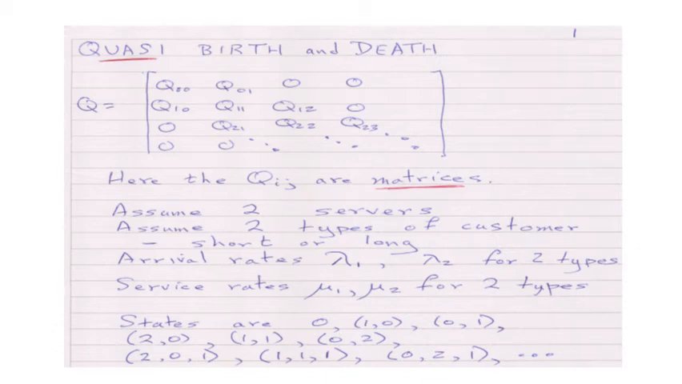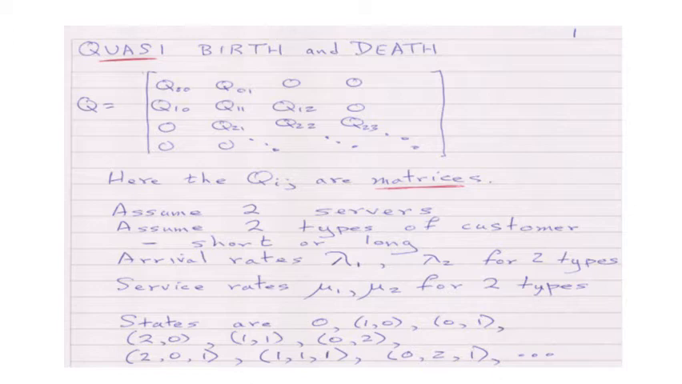We now consider quasi-birth and death processes. For a regular birth and death process, we had a rate matrix Q, which was tridiagonal. We still have, with quasi-birth and death processes, a rate matrix Q, which is partly tridiagonal. And when I say partly tridiagonal, I mean that the entries that you see in the matrix